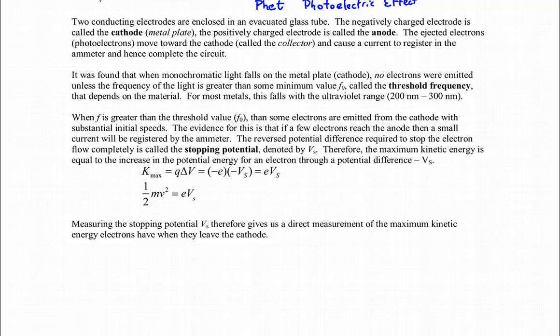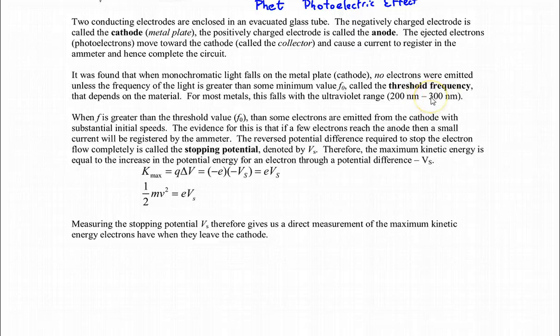So we were discussing earlier the stopping potential, denoted V sub S, and by knowing the stopping potential and the charge of the electron, we could find the maximum kinetic energy, or even the maximum velocity of these photoelectrons. The threshold frequency we talked about as well, and this depends on the type of material. Most metals will fall in the UV range, somewhere between 200 to 300 nanometers as a threshold wavelength, or sorry,